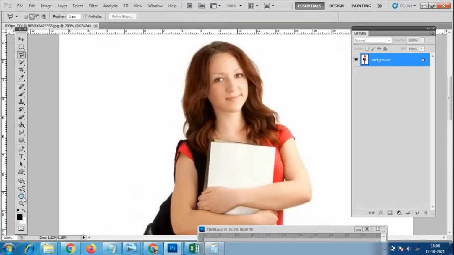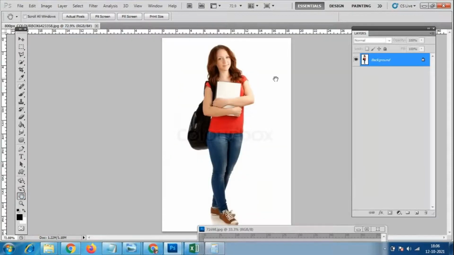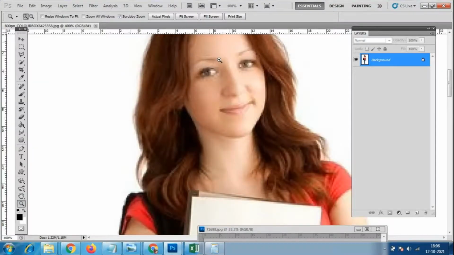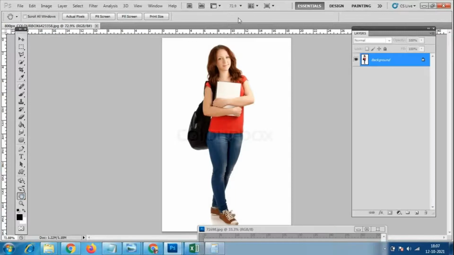Otherwise, in the toolbar, we have an option for zoom in and zoom out. This hand mark will come as it is, however much we zoom. And here we have an option called zoom in. So that is the zoom tool. If you zoom too much, it will automatically get blurred, so zoom only as much as needed.